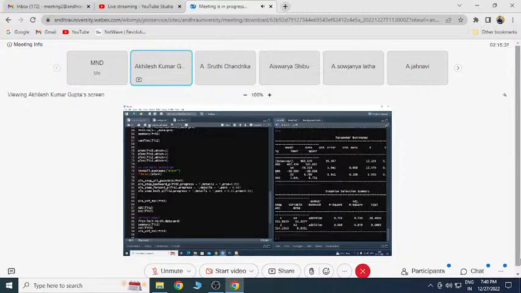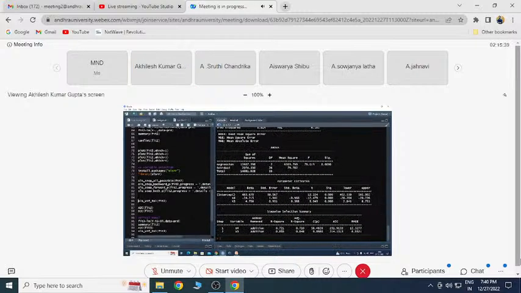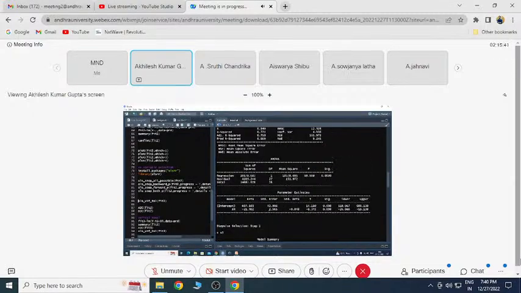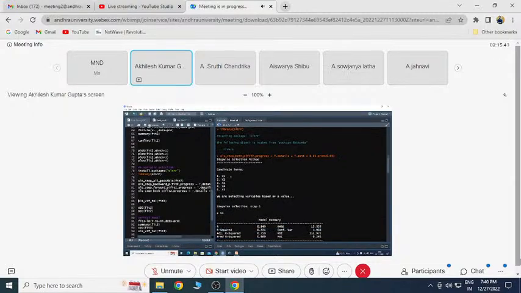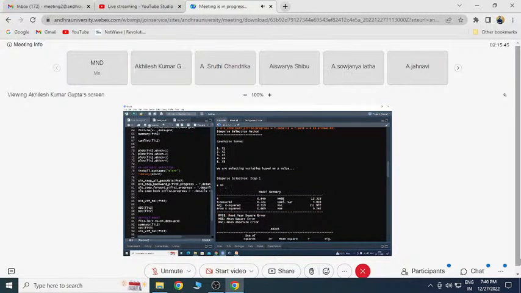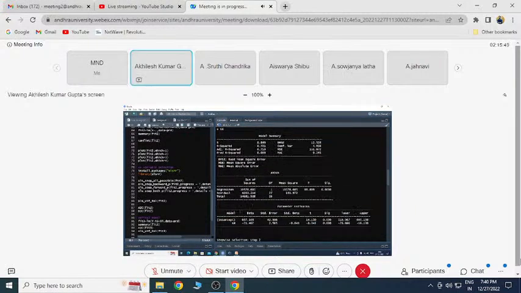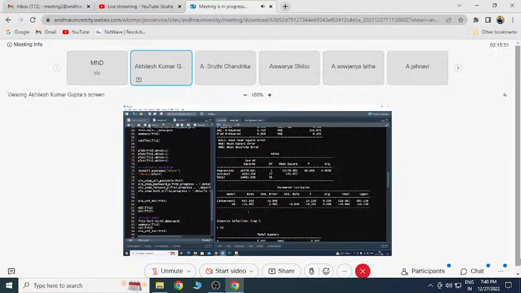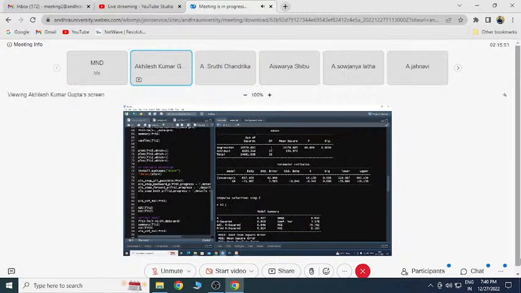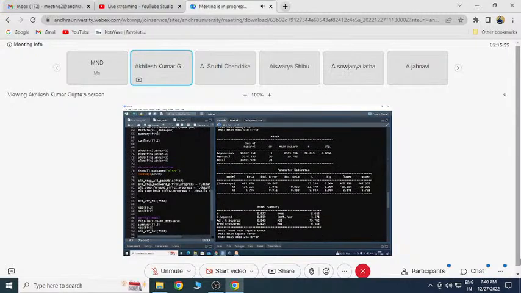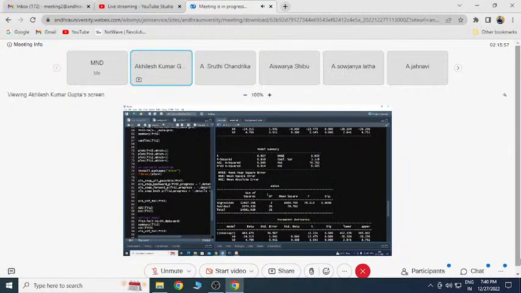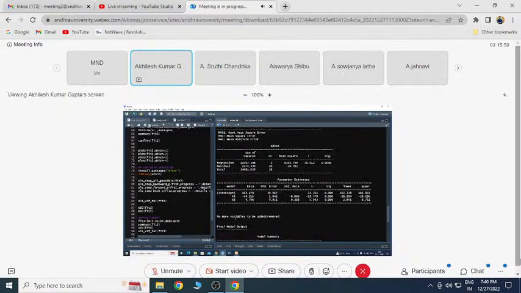So this is the result of stepwise. Here you can see all the candidate terms, 5 candidate terms. In the first step, they have added the 4th variable x4 and got the model intercept plus x4. Then in the second step, they have added the 3rd variable x3. Then they got the model and everything related to that model, then no more variables to be added or removed.